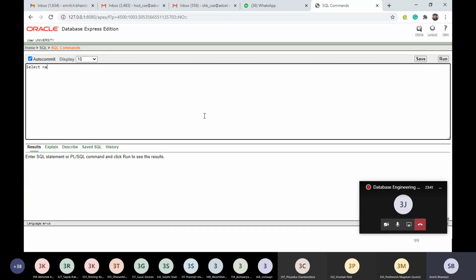So select name, course ID from instructor, teachers, where instructor.id is equal to teachers.id.